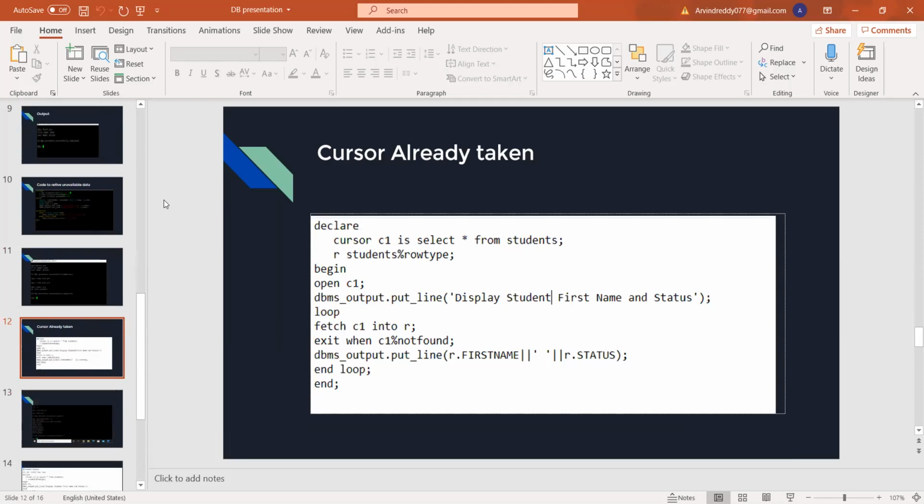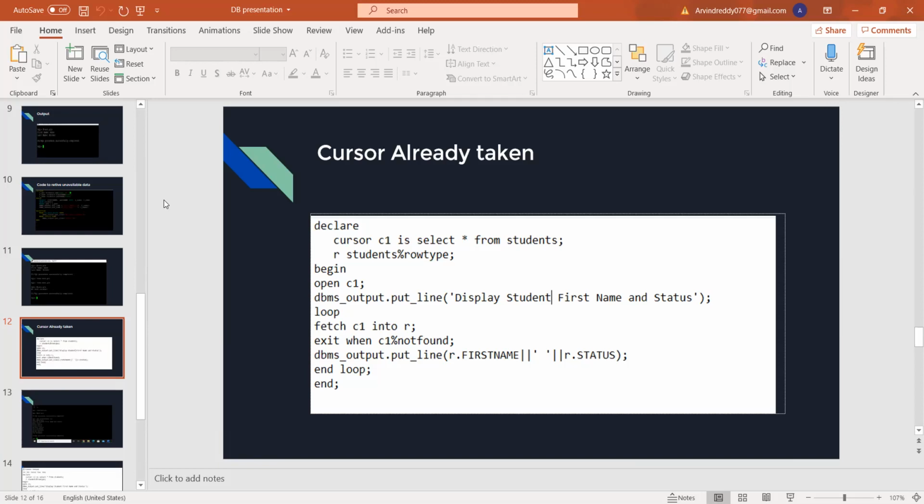Cursor already taken. This is another kind of predefined exception, raised when we try to take a cursor which has already been taken. This is the code for this query. We are copying all the student information into a cursor C1, and we are running a loop to get the student first name and only the status.